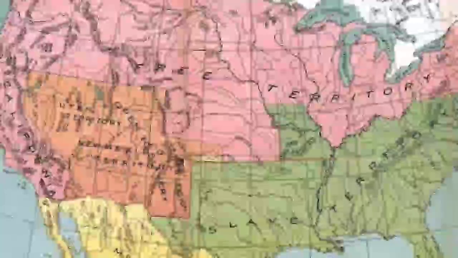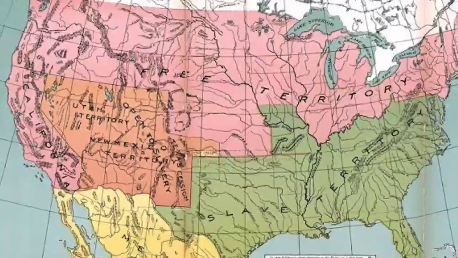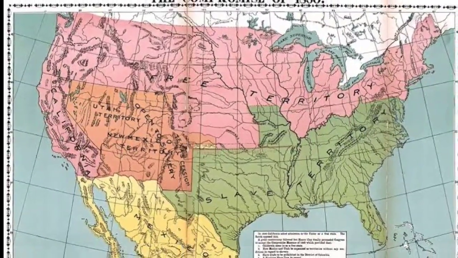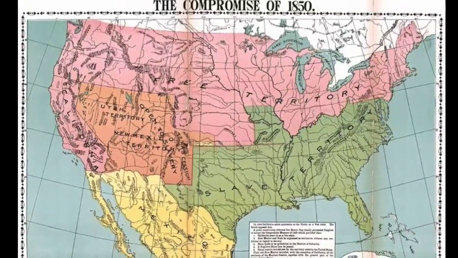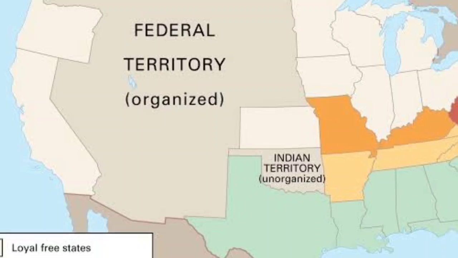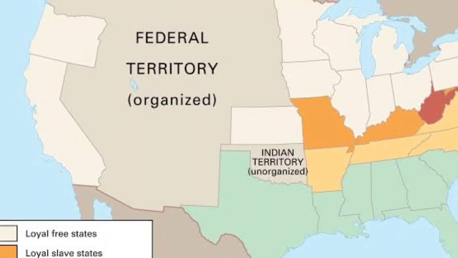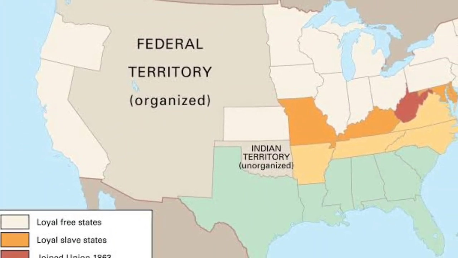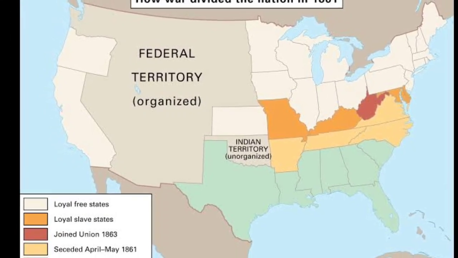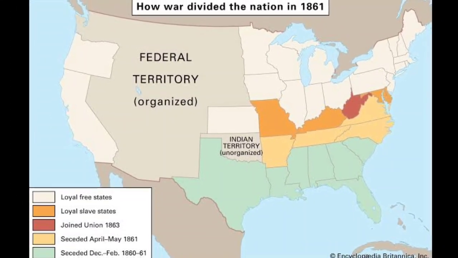The legacy of the slave and free state divide. The division between slave and free states was not just a legal or political issue. It reflected two fundamentally different visions of America's future. The free states, with their growing industrial economy and moral opposition to slavery, saw the institution as incompatible with the nation's democratic ideals. The slave states, on the other hand, viewed